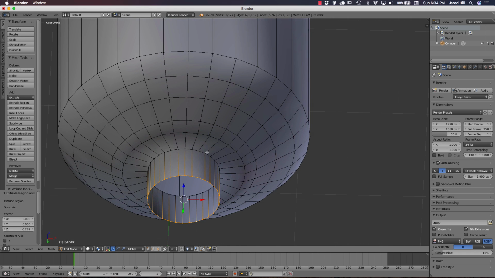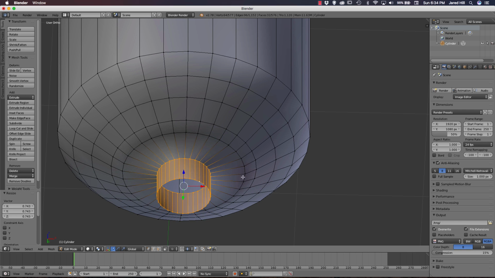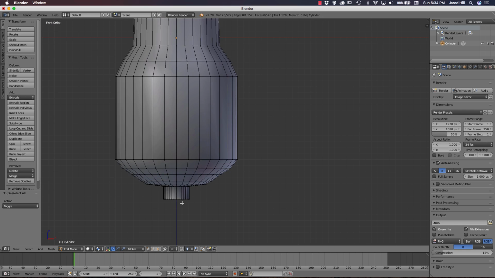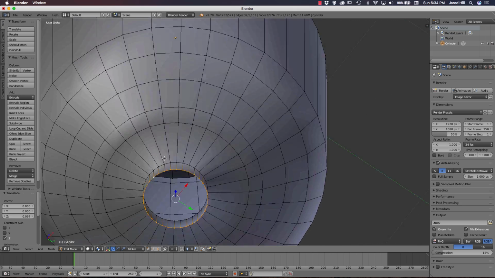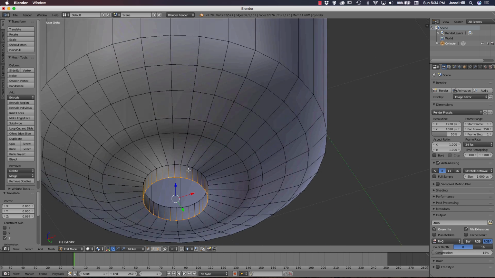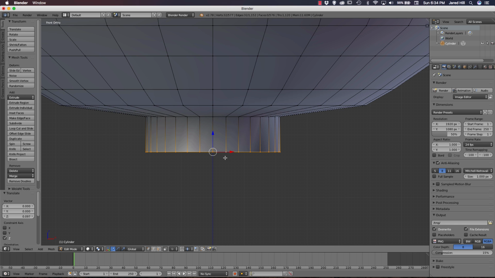So let's do this. Let's select these guys, scale them in a little bit more. Okay, that's looking a little bit better. And now let's move this up. Okay. That's looking pretty good. And now again, what we can do here is actually extrude, and now we can actually move these down, and